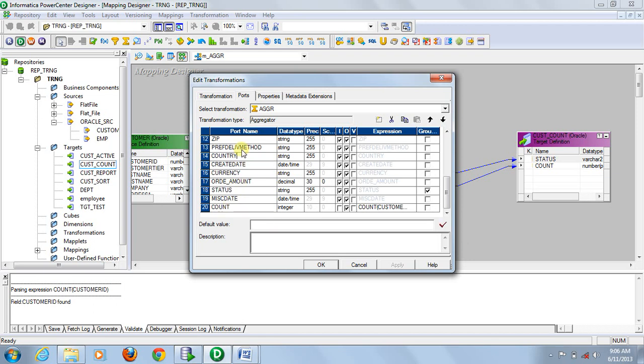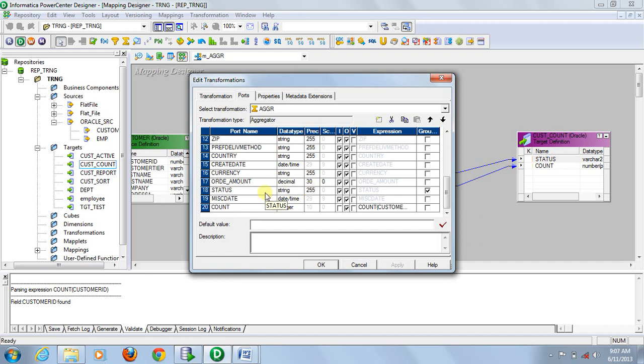But in Informatica aggregator, we can pass unaggregated ports also. Means we can pass these ports also to the output. But what will be the value of these ports? Depending on the aggregation, the last row's data will be passed to the output.